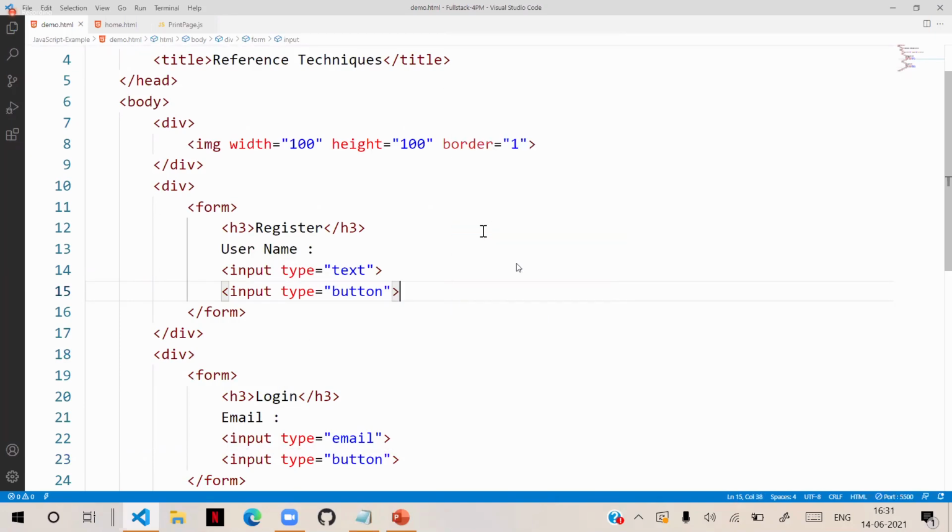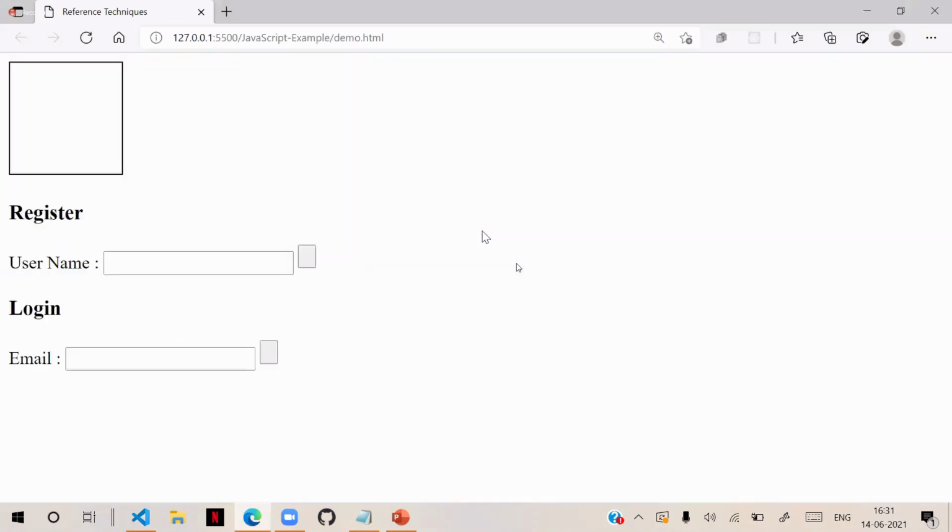You can see this is an empty page, a page with elements with empty values. We don't have any values for them. These are all the HTML elements. You have an image, a register form, and a login form. Two forms are there.